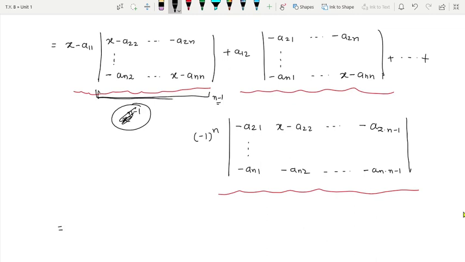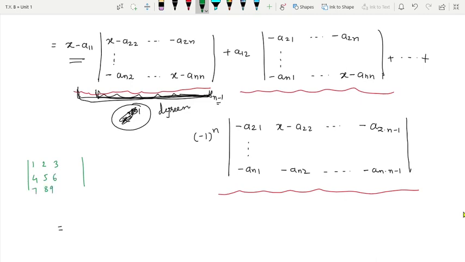I am talking about this determinant, and it is also multiplied by again x minus a11. So over here you are going to get a polynomial of degree n if you solve this entire term, right? And if you talk only about the determinant, then it is going to have the degree n minus 1. I hope you can understand. If I give one example, if we talk about some 3 by 3 matrix, then you will understand. 4 5 6 7 8 9.